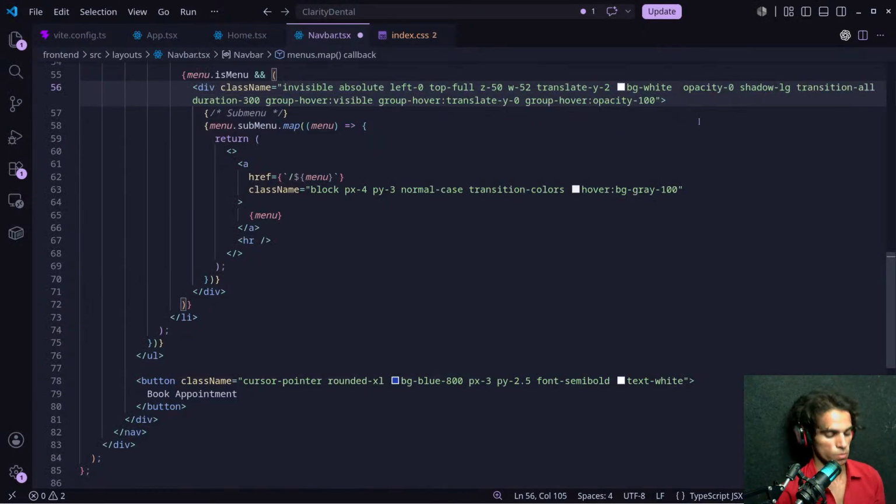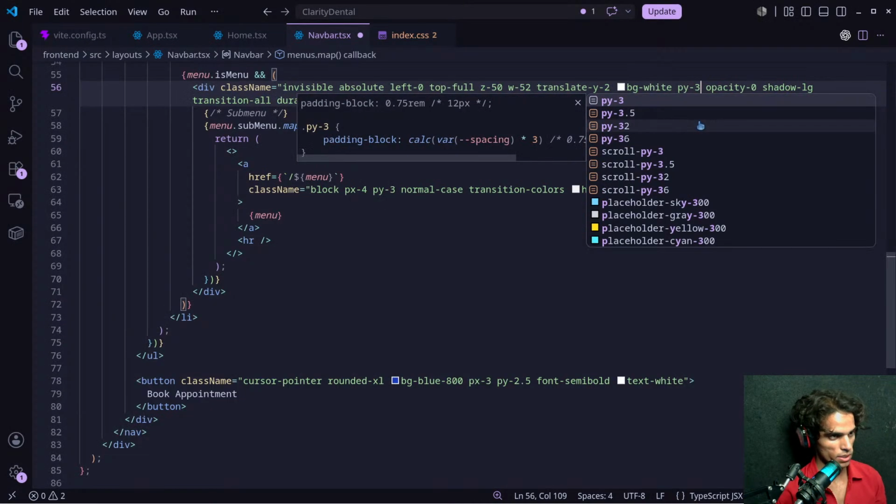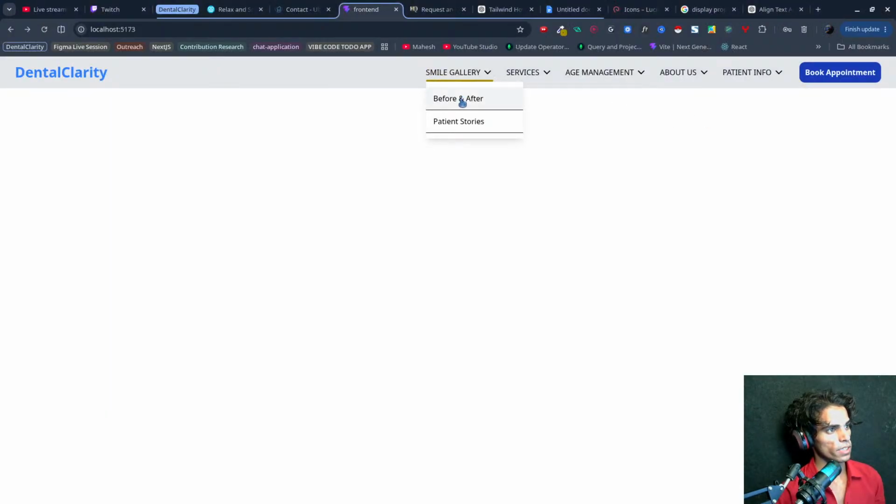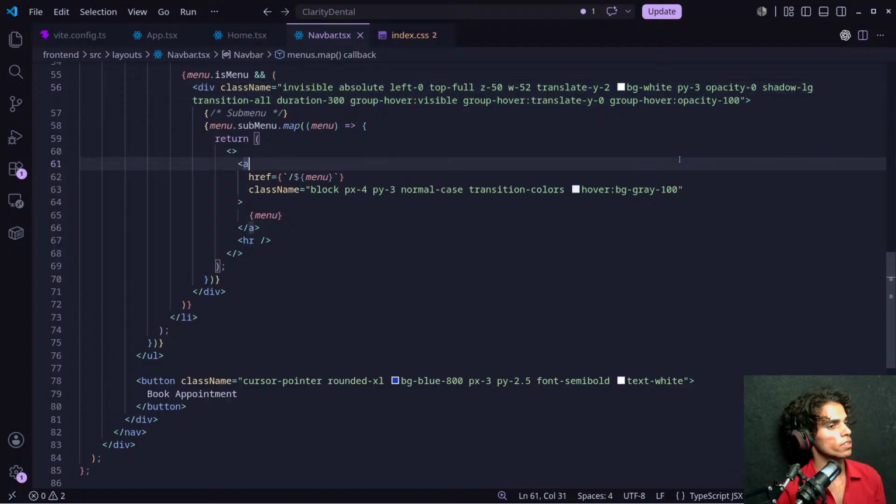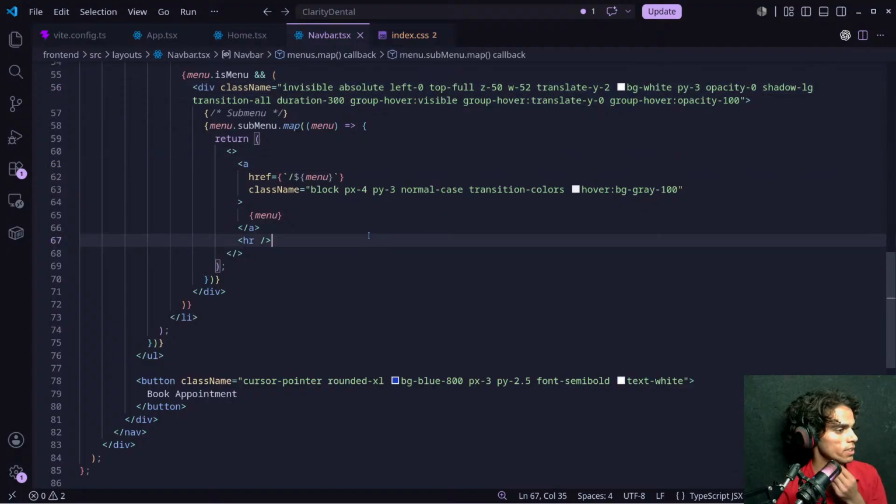No, not px3, I just want the py3. I don't want the padding this side. This is what I'm talking about, but it's also looking a little weird. How to manage this?